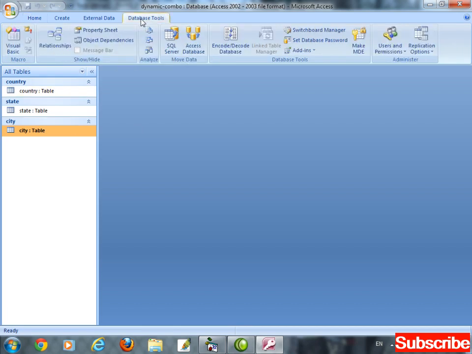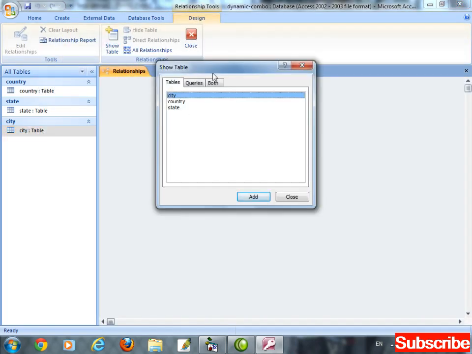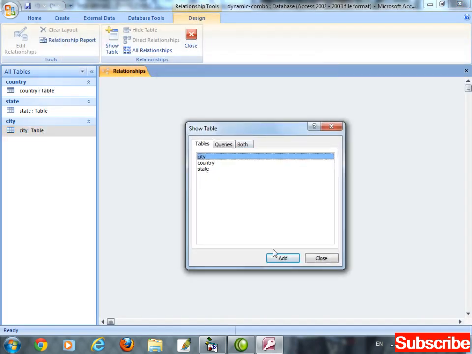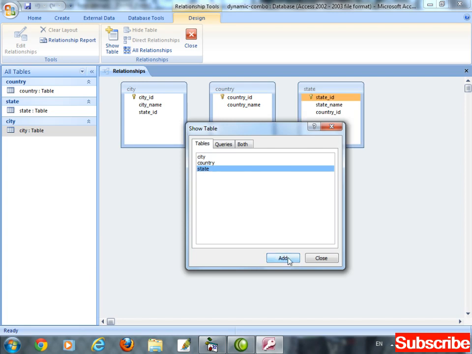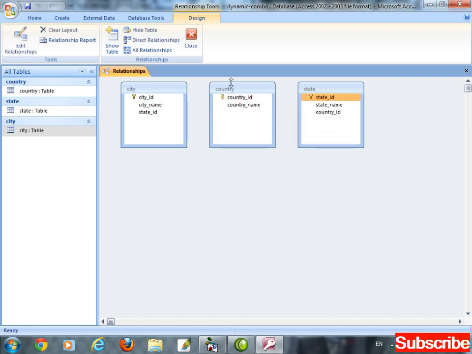From database tools, select relationships. Insert city, country and state. Close. Okay, three tables have been inserted on the canvas.